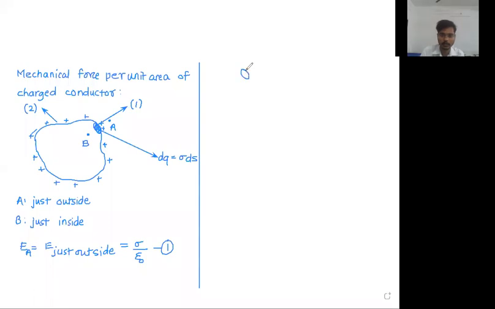Let us consider the very small conductor. This is the shaded part. Now this is the point A, this is the point B. Now if this conductor is a positively charged conductor, then you people tell me, at this point the electric field will be away from the positive charge. At this point also the electric field will be away from the positive charge.